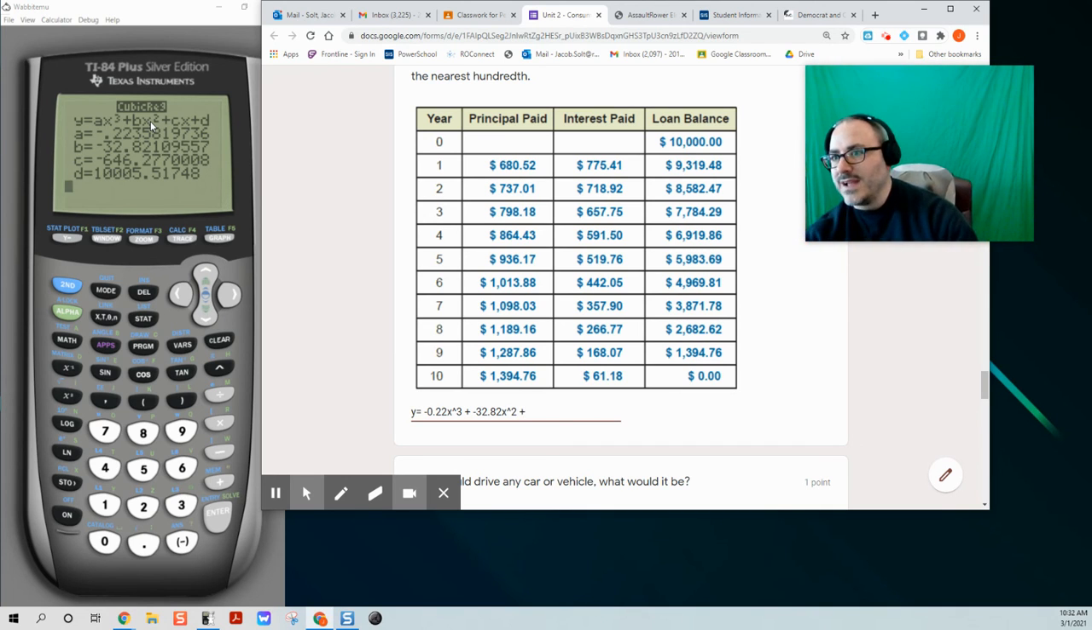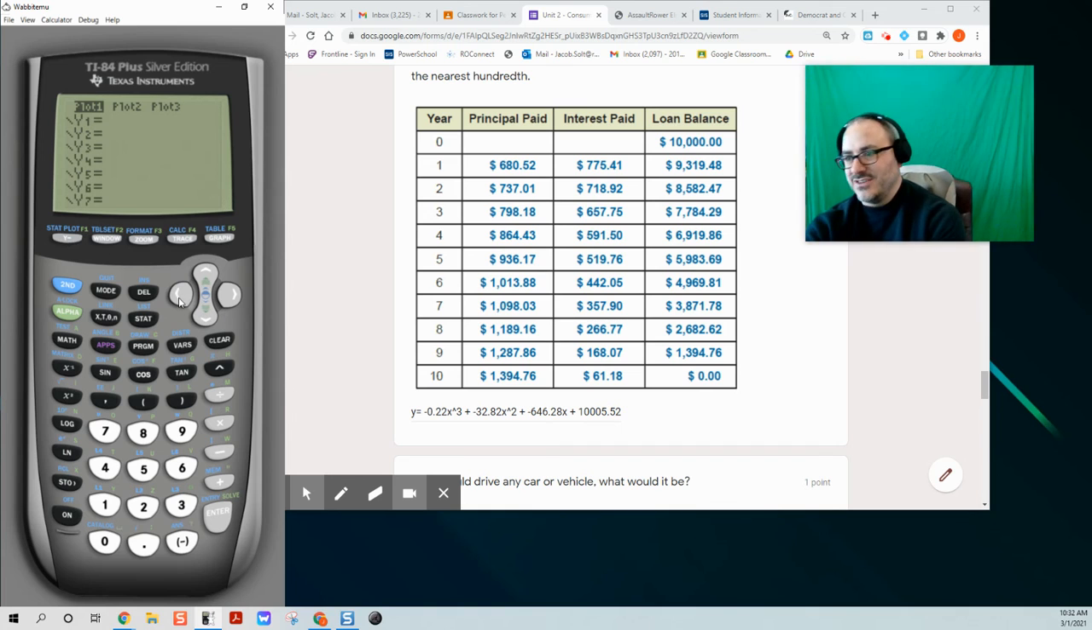So, all right, now I got c times x. Well, c is negative 646.28, rounding nearest hundredths, times x. And then last but not least, plus 10,005.52. Why is this cool? Why is this cool that you can run a regression? What you're doing here is you're showing me you can run regressions on data. What's cool about this is I can put this regression back into my calculator, and I didn't ask you to do this time because I didn't think we have enough time, but